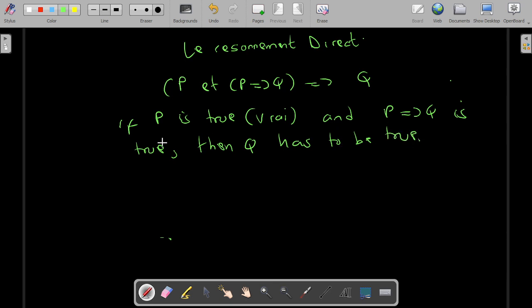There is no other way. So if the proposition P is true and the implication P implies Q is true, then Q has to be